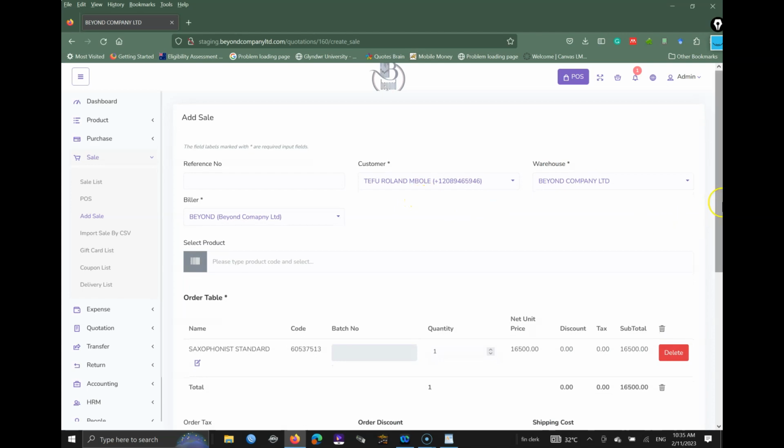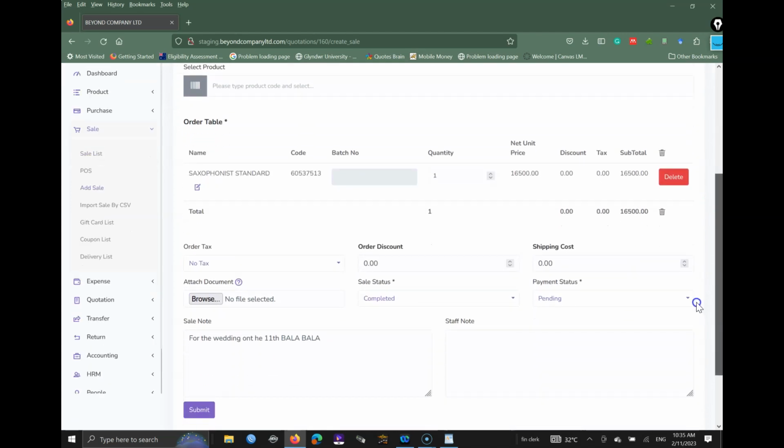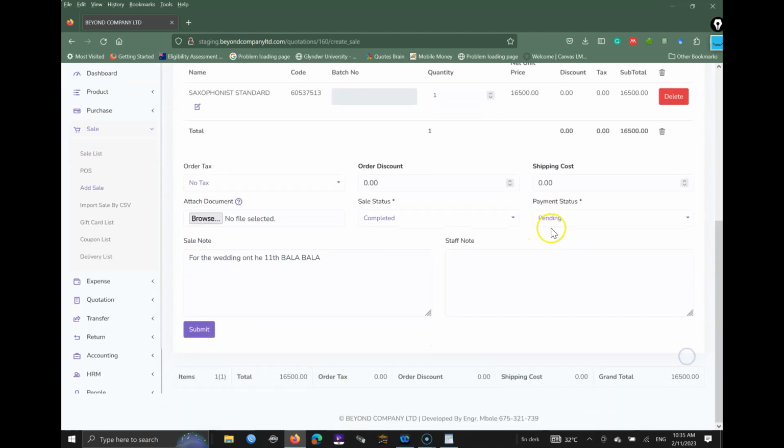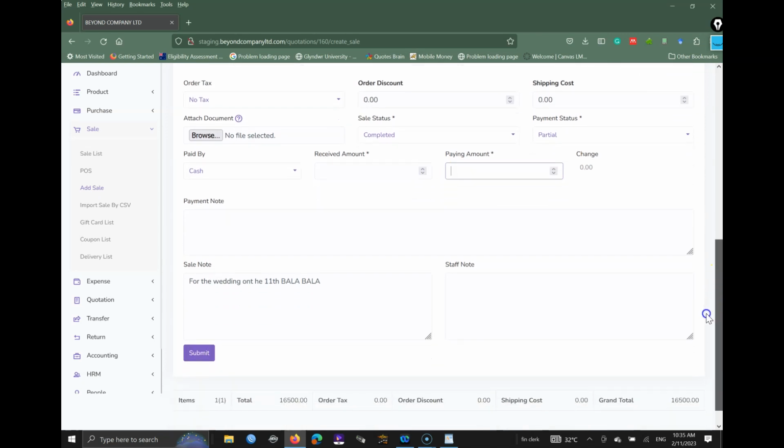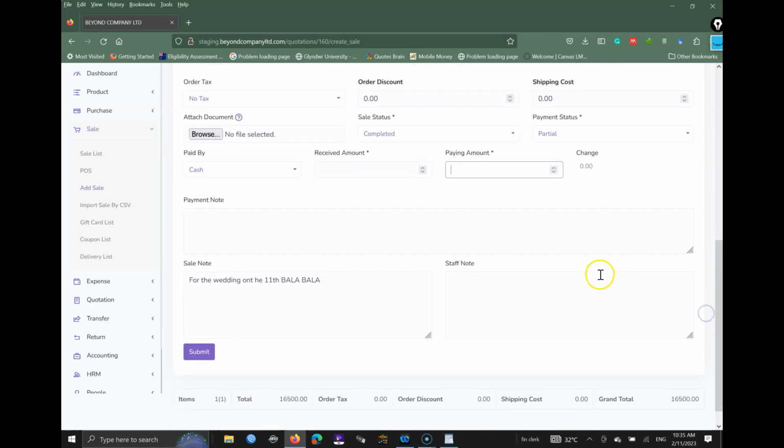So when I take create sales, every detail remains the same, but then I have to specify the payment status here. Is it due for payment, partial or paid? The customer can pay partial payment. You say the received amount. This is the total amount to be paid here. It should be the total amount to be paid. That should be